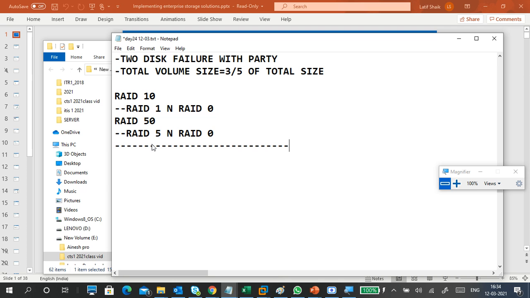Okay, and this is the storage part 2. So what I'm going to do is